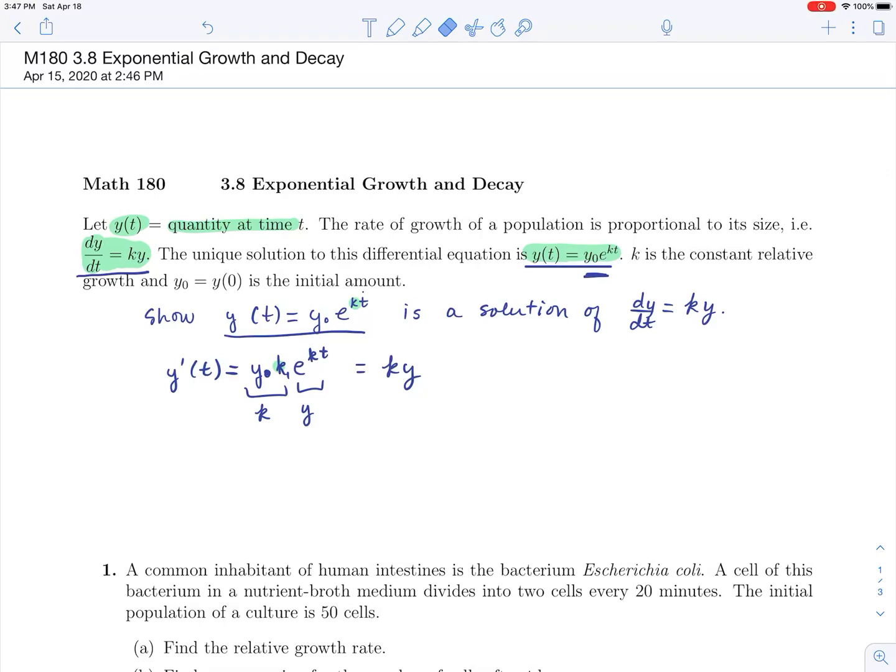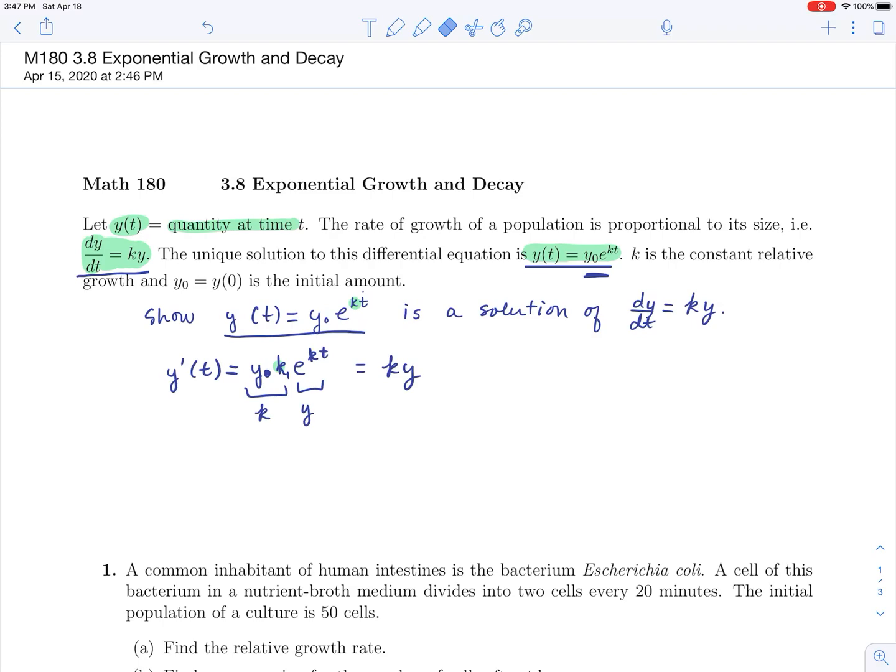Okay, this is the section on exponential growth and decay. Let y of t be a quantity at time t. The rate of growth of a population is proportional to its size. That is, dy/dt, that's the rate of growth. y, remember, is a quantity over time, is equal to ky, which means that it's